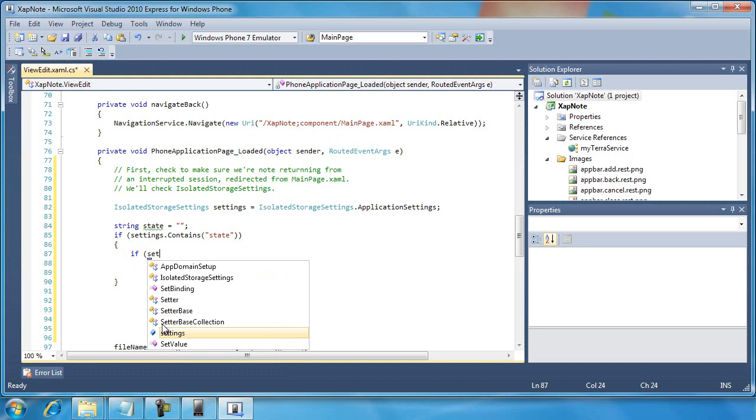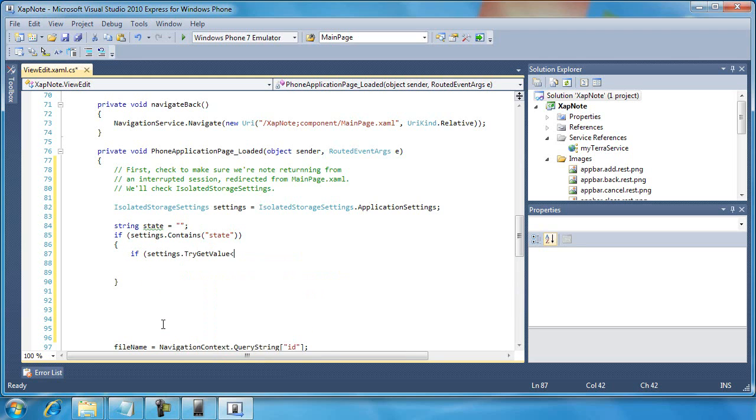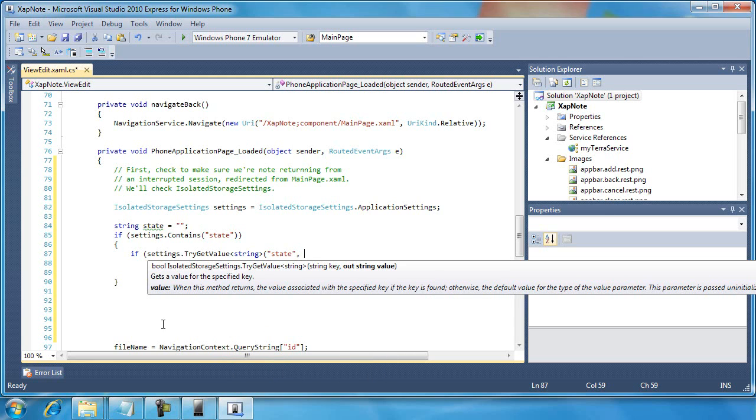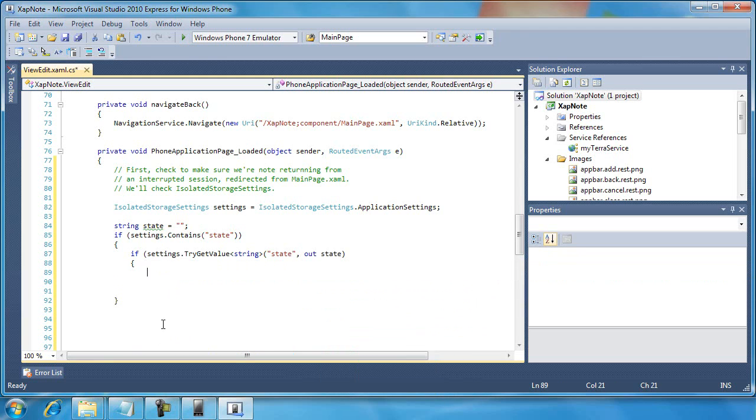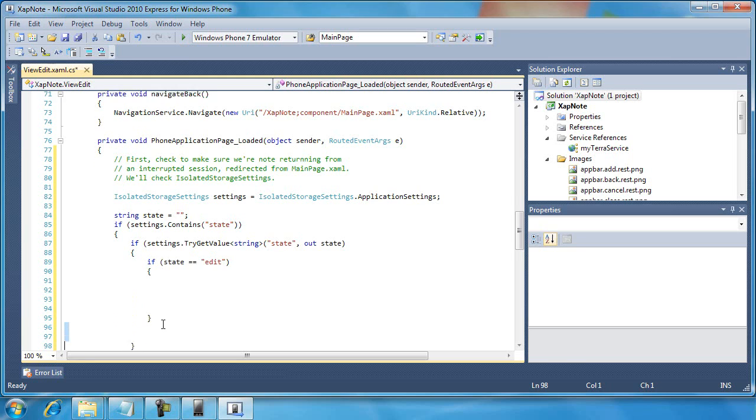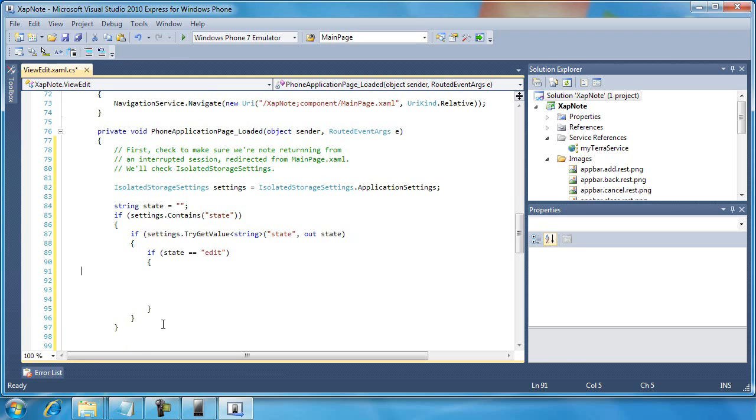So if settings.TryGetValue of type string for the key state gives us a value that we're interested in, namely if the state equals edit, then we need to go into edit mode, which means